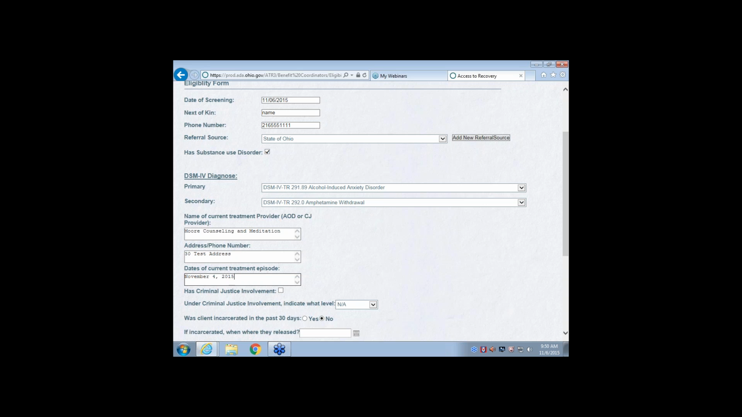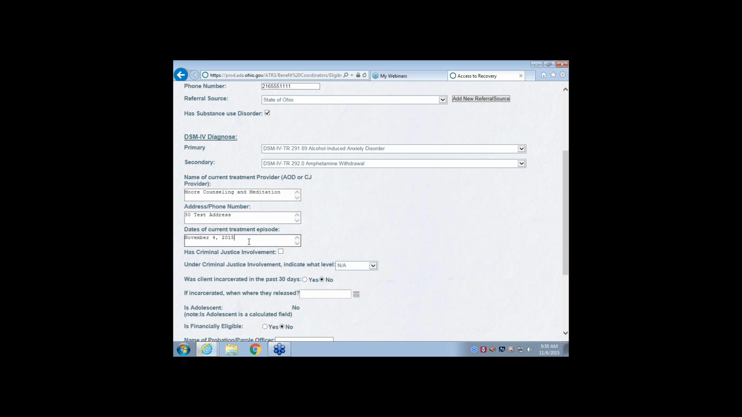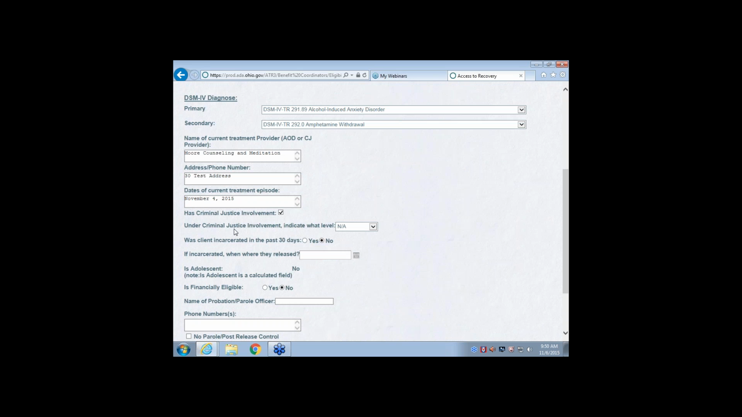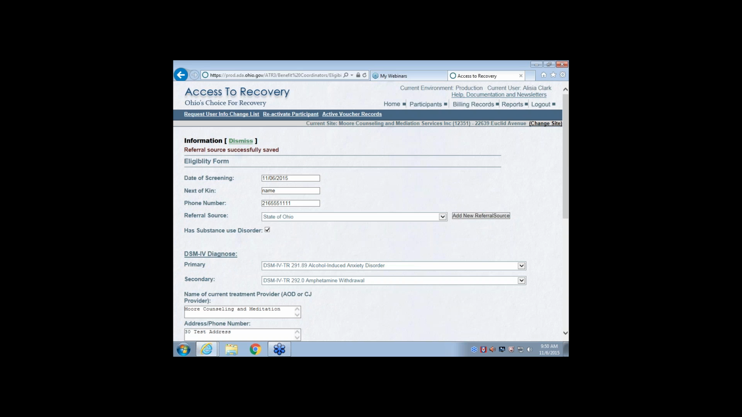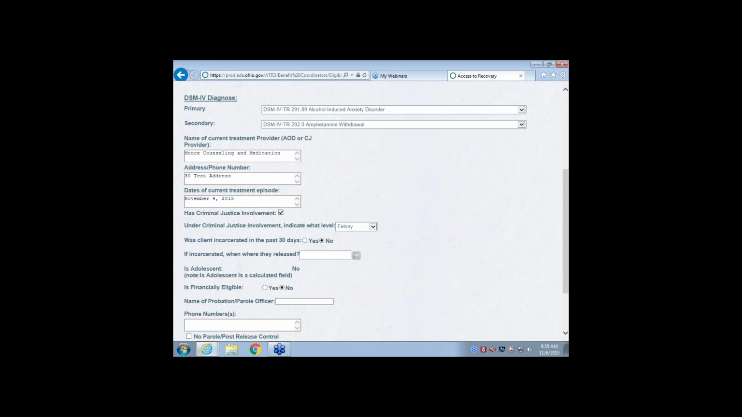That would either be a date, let's see if it'll take a date spread out or if it's automatically a date that you would put in by numeric format. You would also verify that the individual has had criminal justice involvement, what level of criminal justice involvement they've had. You would ask the question if the individual was incarcerated in the past 30 days. If they were incarcerated, you would identify when they were incarcerated by opening up the calendar pop-up, and